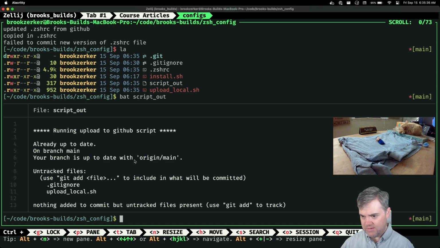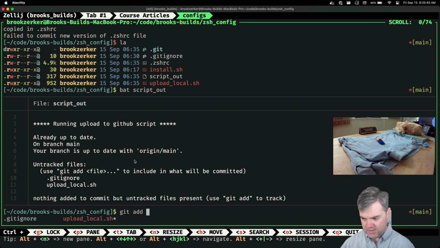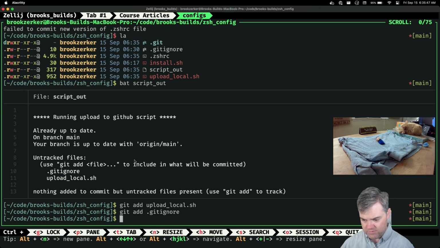And then let's add in upload. I want to add in .gitignore too, so adding upload script and ignoring log file.